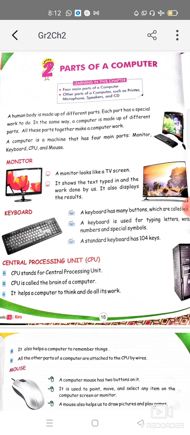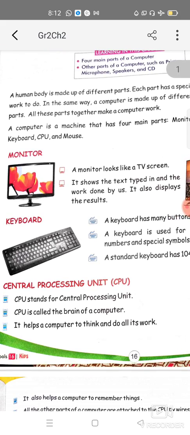It looks like a TV screen, you all can see here. Whatever you type through the keyboard, the keyboard is an input device, because आप कहाँ से instructions देते हैं. ठीक है, suppose you want to find the sum of some numbers, so for that you will type numbers from the keyboard.